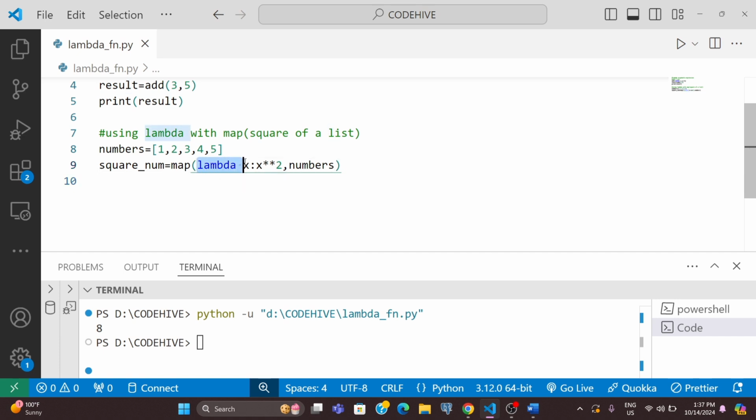This is the function. Before, we were just mentioning the function name, but instead of that we can use lambda. It is very easy. We no need to write a separate function. So lambda keyword, then argument, then expression. Then numbers is the iterable. So it will take each element from this list and calculate this value and store it in this